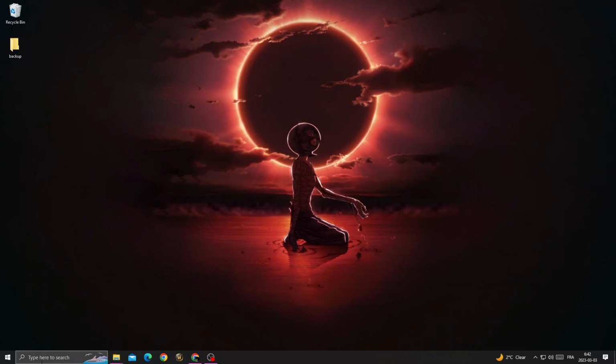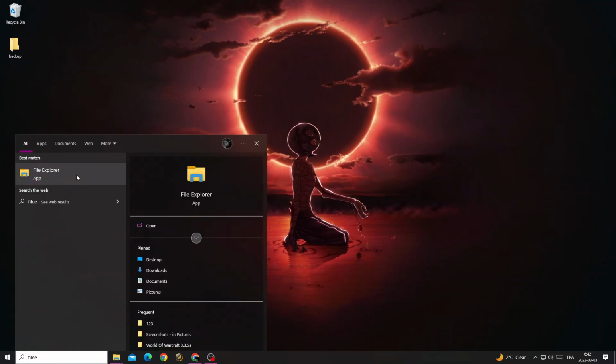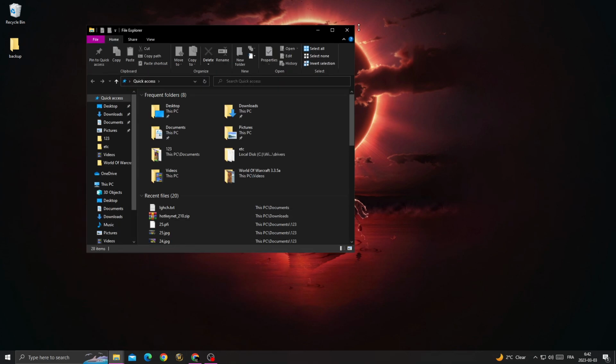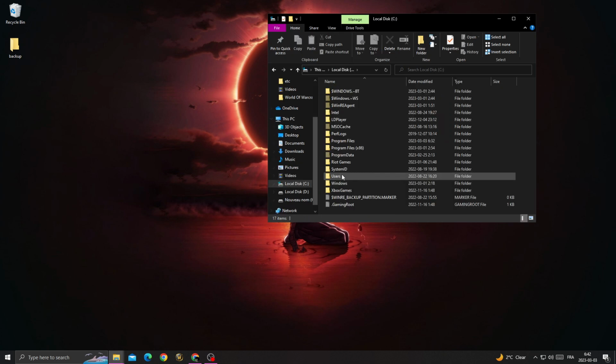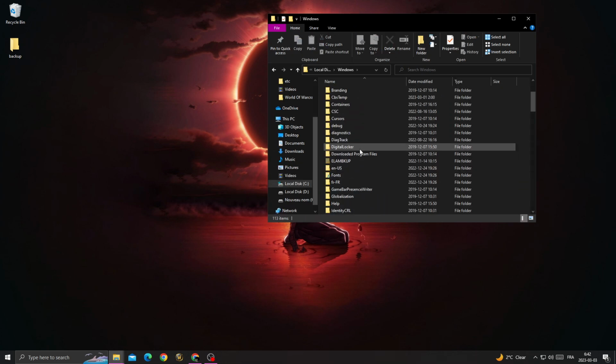After that, type here file explorer, and now you have to go to This PC and then local disk, then go to Windows. Once you're here, scroll down until you find System32,